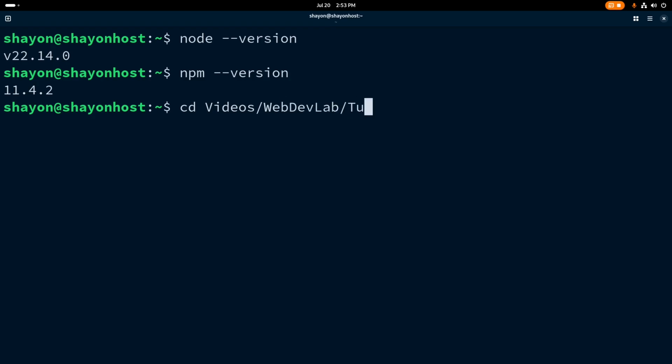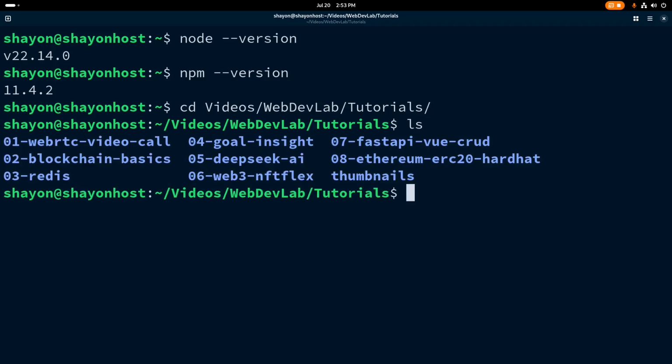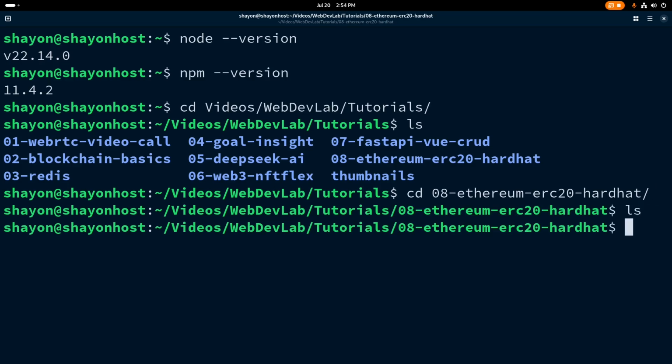And tutorial, and I have a few projects in here, so I'm going to create a new one. Here it is, 08 ERC20 Hardhat. Let me see if there is anything. There is nothing in this folder, so I'm going to create a folder with the name of en tutorial